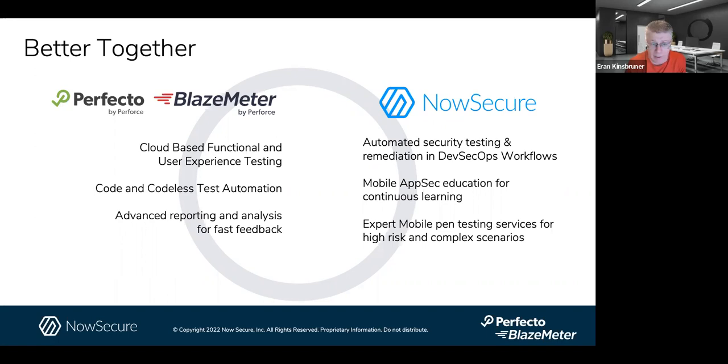And I've seen many of the joint customers of Perfecto and BlazeMeter complement this continuous testing with functional testing at high scale, performance and end user experience at scale with mocking and test data, all done in a cloud environment with different skill sets that they have. But at the end of the day, they also look at the data at the dashboards and try to make sense out of the data and become better. And that's the continuous improvement.